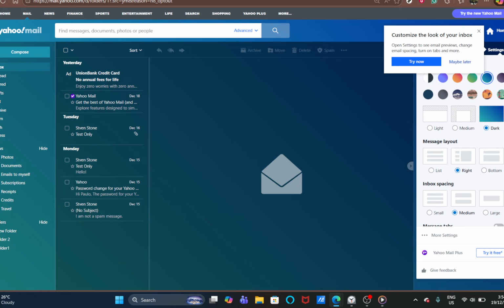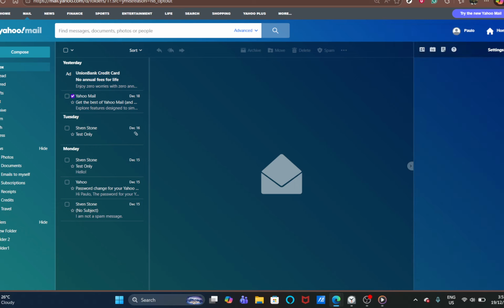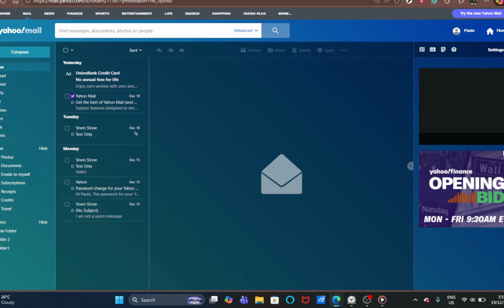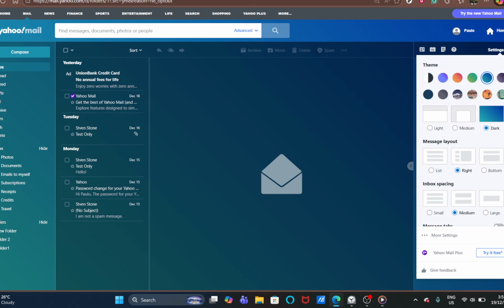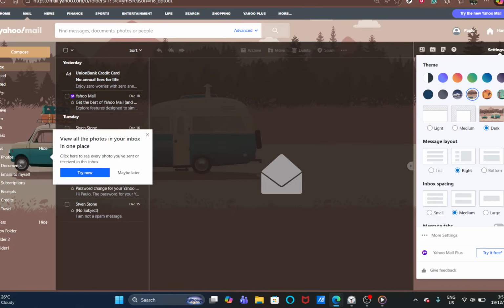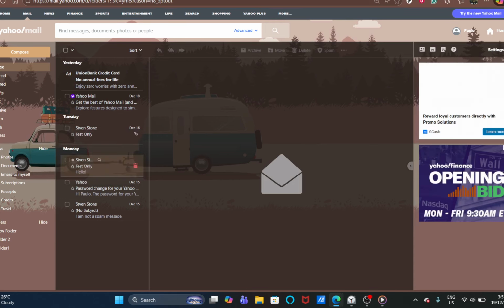To try a theme, select it from the gallery. In most cases, you'll see the change immediately, and there's no save button to worry about. If you don't love it, simply pick another until you land on one that feels right. Consider how the theme looks with unread messages, how it frames the compose window, and whether the background makes text easy to read. Remember, you can switch themes anytime, so there's no pressure to get it perfect on the first